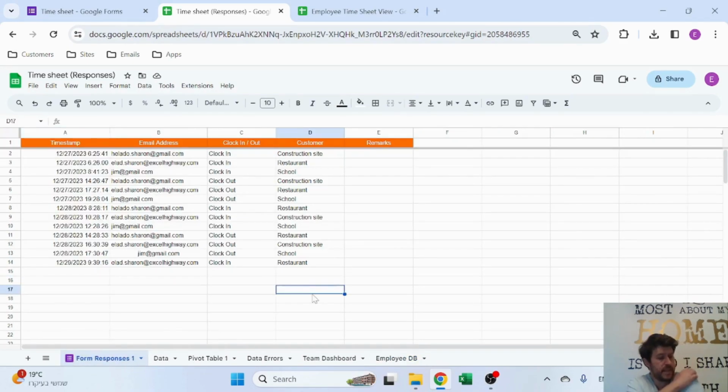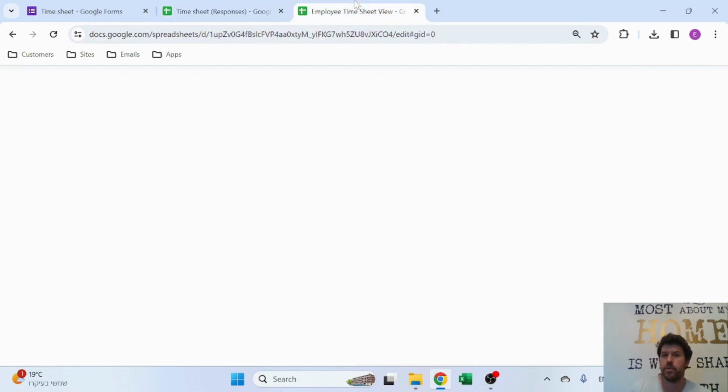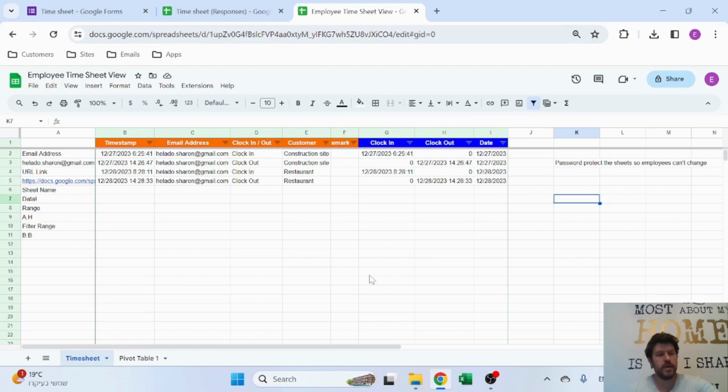The last part that I have here is the employee timesheet view. Now the employee timesheet view is what I use for allowing your employees to actually look at their information in a more centralized way, other than just asking you, okay, how did you reach 100 hours? I mean, I obviously worked 200. What's going on? So you can create an employee timesheet view that will be specific to each person, and you